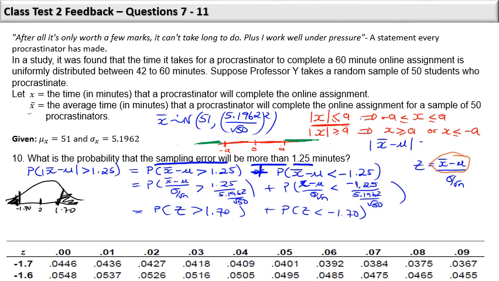Using symmetry, we know that this area and this area are the same. So I can just calculate, because Z tables give me the lower tail probability, the probability that Z is less than negative 1.70 and multiply it by 2, which equals 2 times